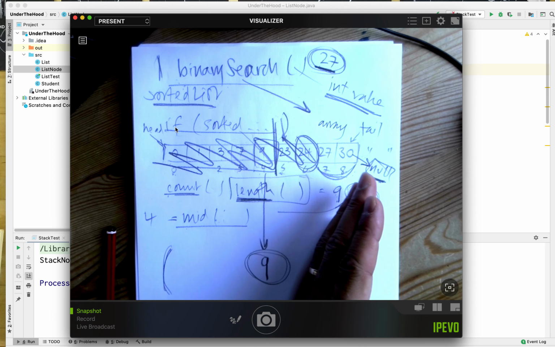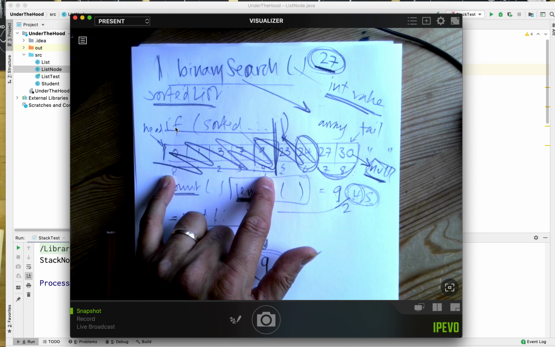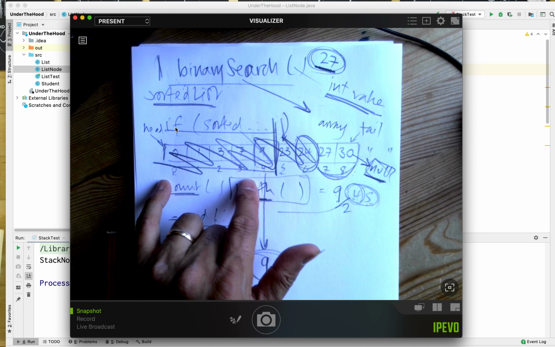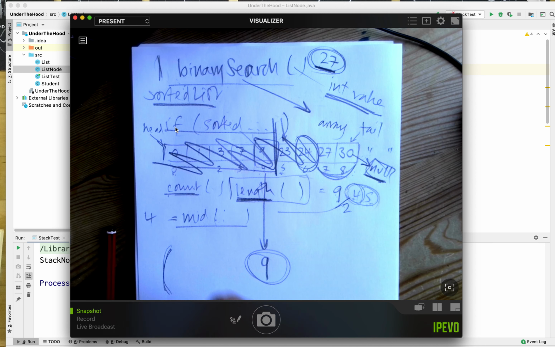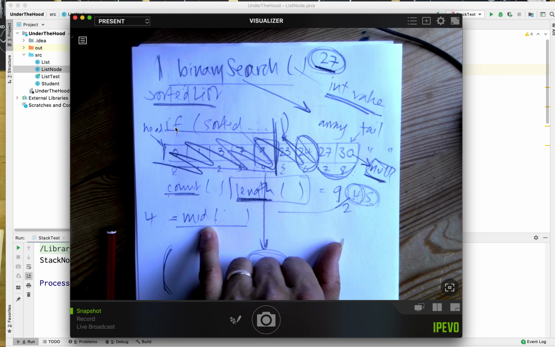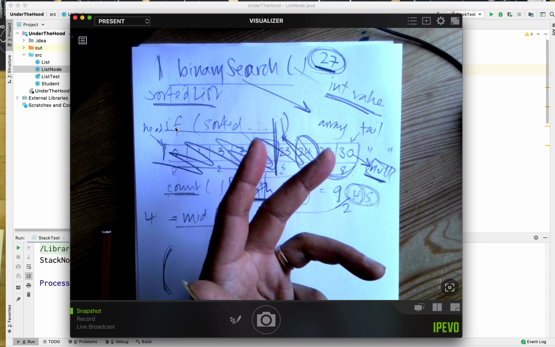So there's a lot of counting methods inside here, a lot of dynamic indexes, as I would call them. They're not fixed indexes, they're dynamic. They're values you have to ask for and the code has to give you back. So a mid method would be a mid index method. You might want a bottom index and a top index as well. Okay,